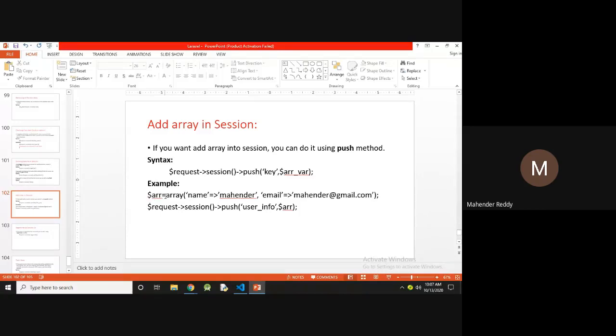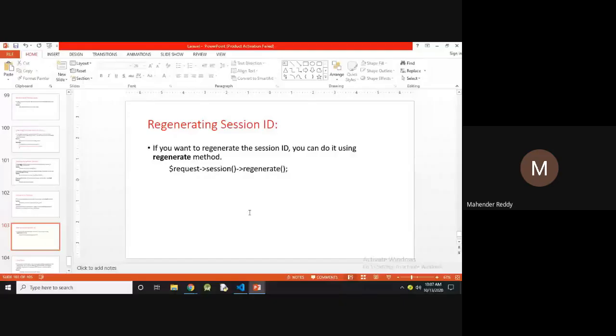So $arr is equal to an array with name Mahinder and email mahinder@gmail.com. Then this data is going to be pushed into the session. The session name is user_id.